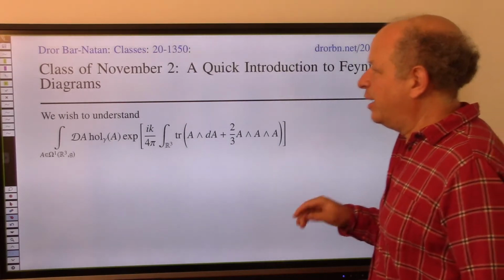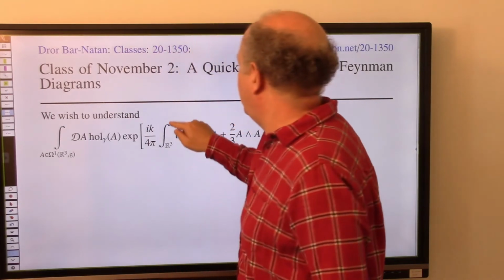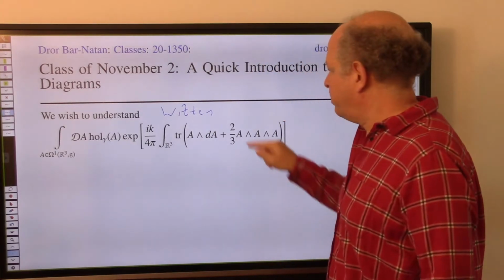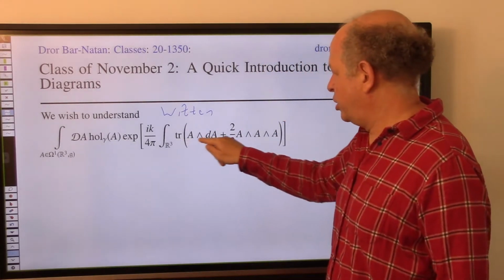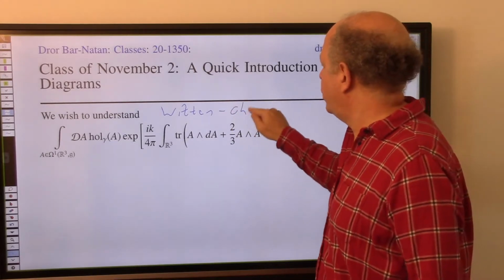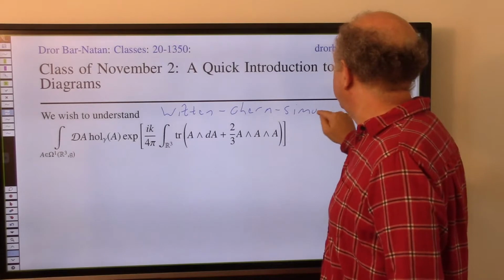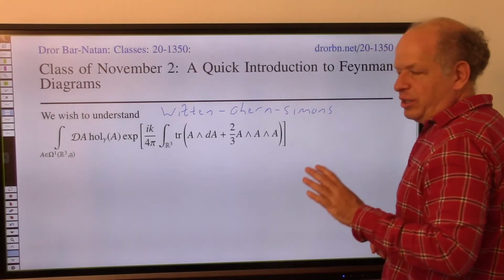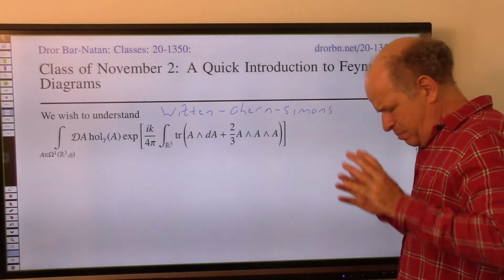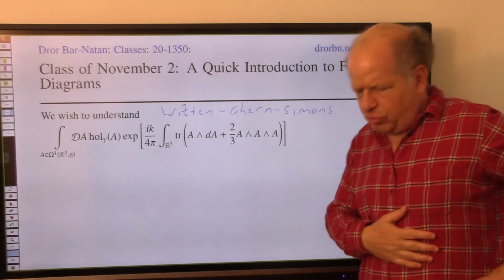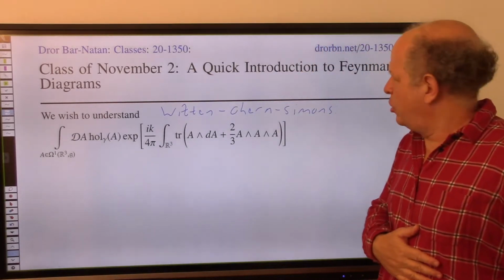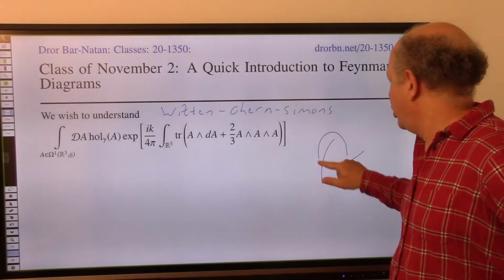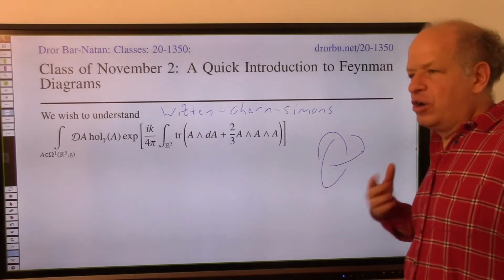So the idea is Witten's, so it's due to Ed Witten, but it builds on this particular earlier form, which is due to Chern and Simons. Is the following. So the way we, maybe even before that, so, if you have a geometric knot, like an actual curve in R3, there are lots of ways